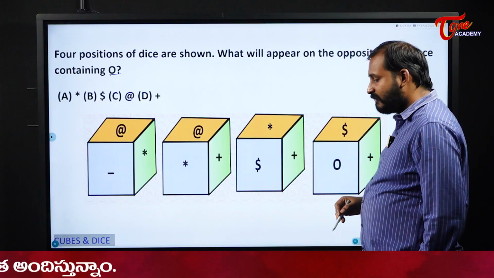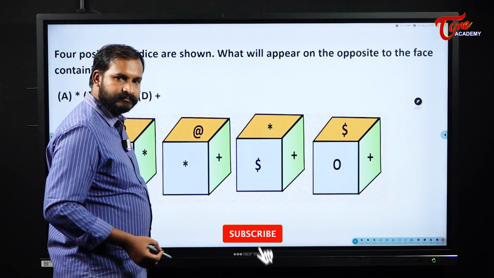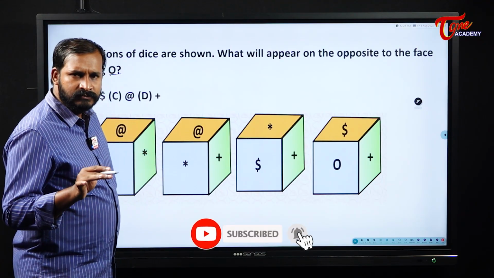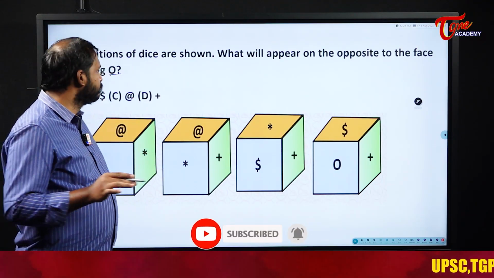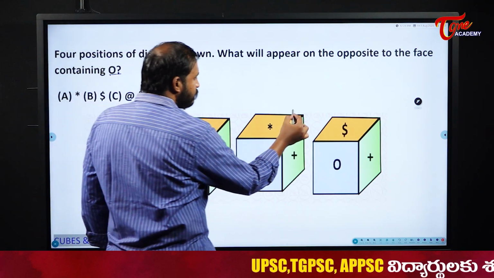Same. I should tell what is containing opposite to O. Please see these 2 projections. It is up to you. Take any 2. It is up to you. Take any 2, but we should know what is opposite to O. That's it. Now see here, in these 2,